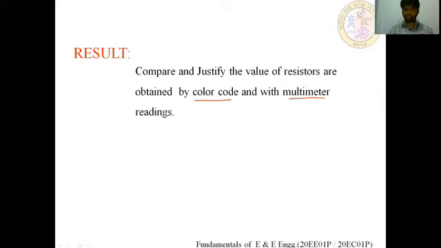These two values are compared. We will get almost the same value from the color code and also from the multimeter.